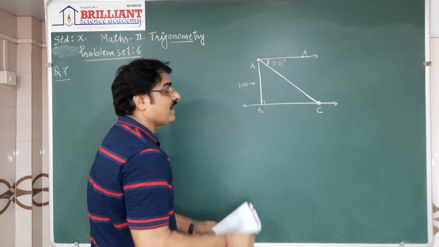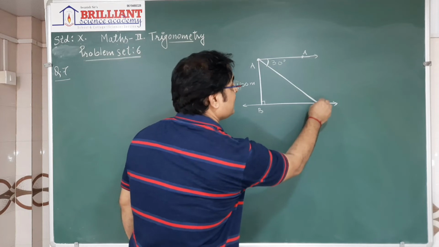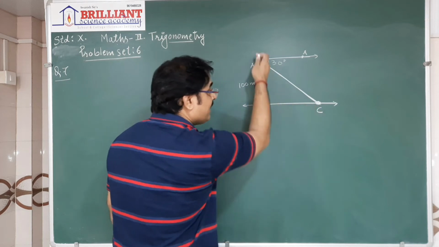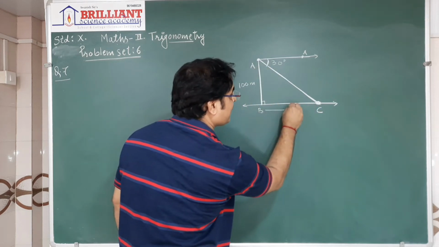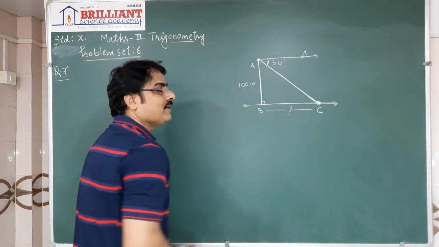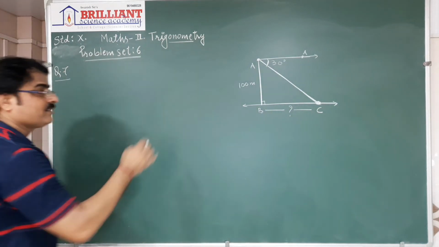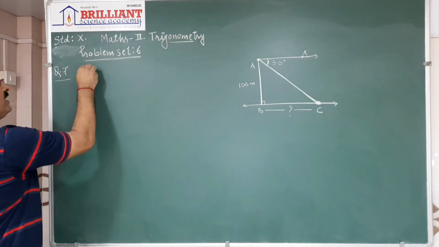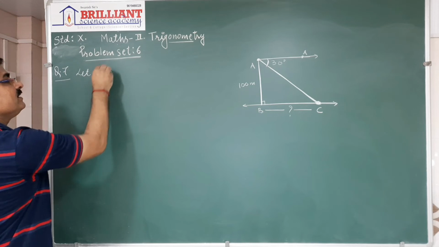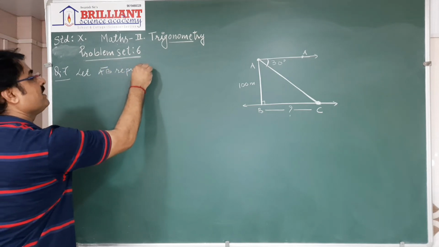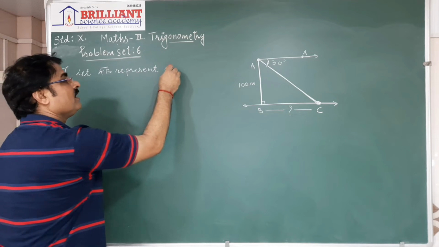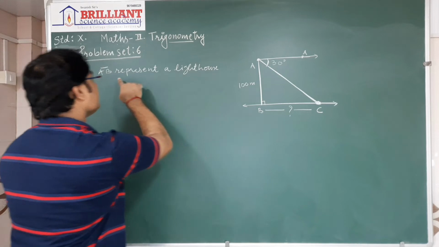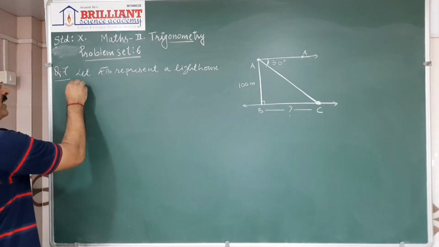क्या find out करना है? Then find the distance of the ship from the lighthouse. मतलब ये जो ship है ये लाइट हाउस से कितने डिस्टेंस पर है, मींस वी विल फाइंड सेगमेंट BC। सो स्टूडेंट्स, इसमें जो जो सेगमेंट आपने कंसीडर किया है वो लिखना कंपलसरी है। तो लेट सेगमेंट AB, दिस सेगमेंट AB क्या रिप्रेजेंट कर रहा है, रिप्रेजेंट अ लाइट हाउस। लाइट हाउस मींस हाइट ऑफ द लाइट हाउस